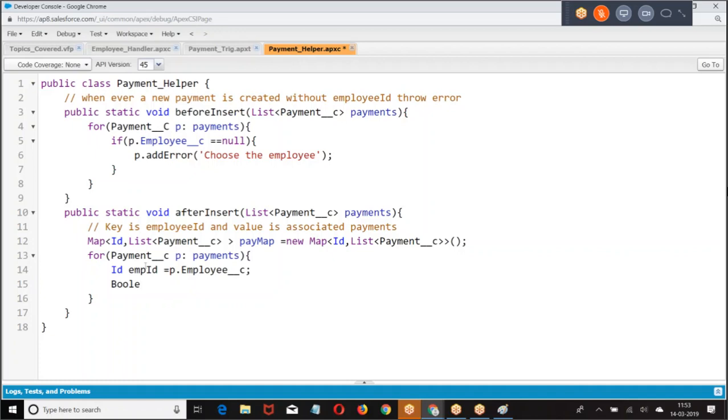Boolean flag. Flag equal to pay map dot contains key.